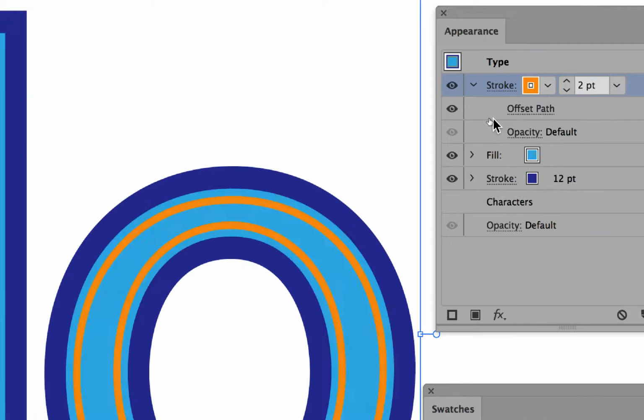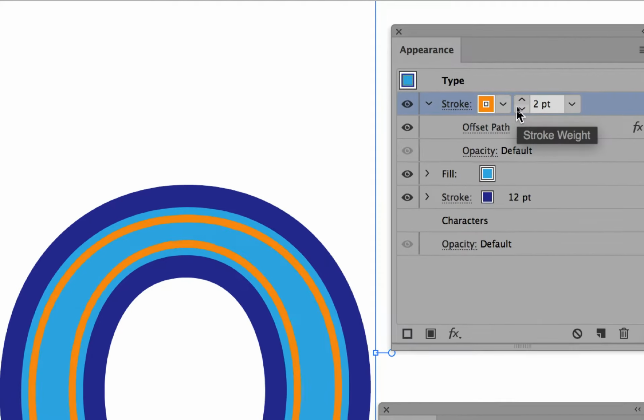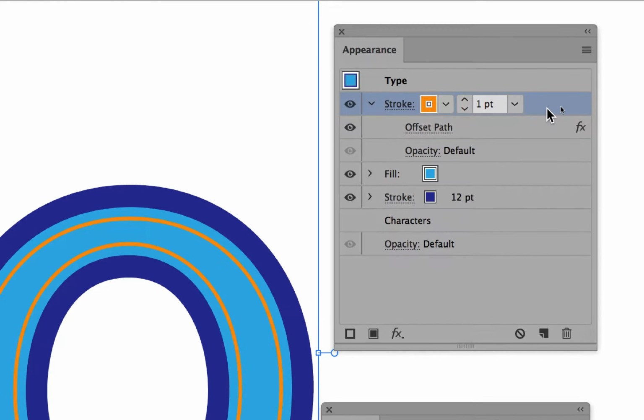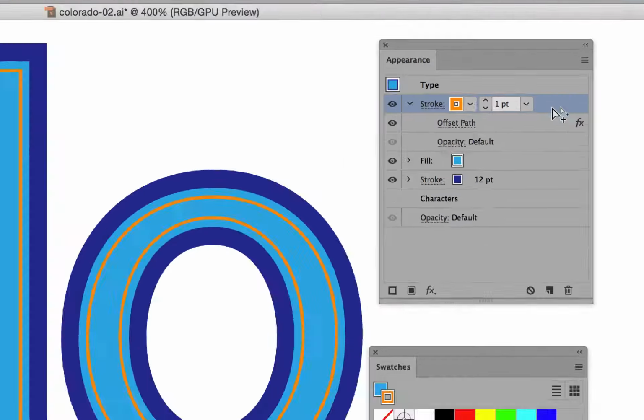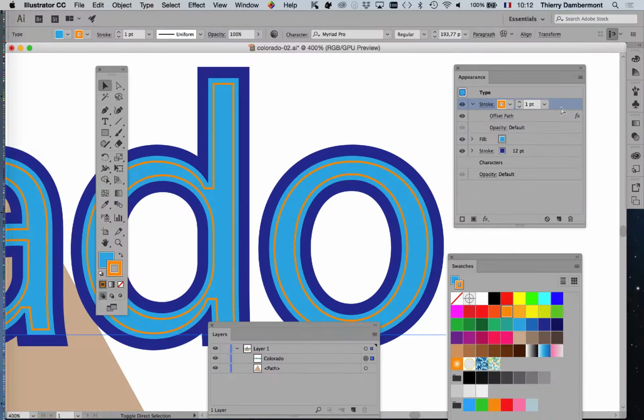Okay, good. I will make the stroke here a little bit thinner, like that. And I will put another special effect on that stroke. I will put a shadow, a drop shadow underneath that stroke. Okay, so with the object selected on the pasteboard and with the stroke highlighted in the appearance panel, I will